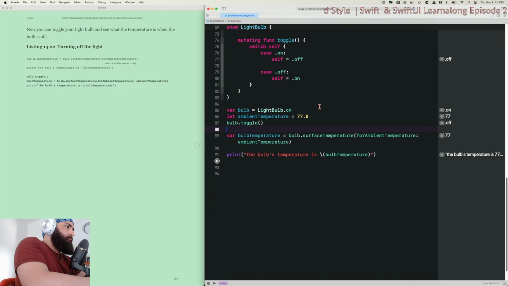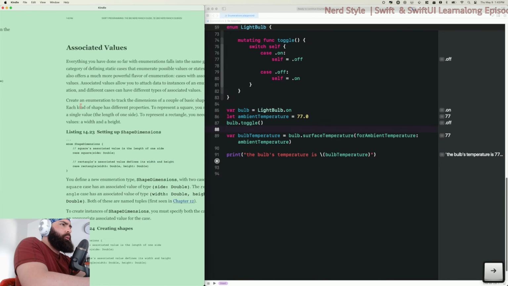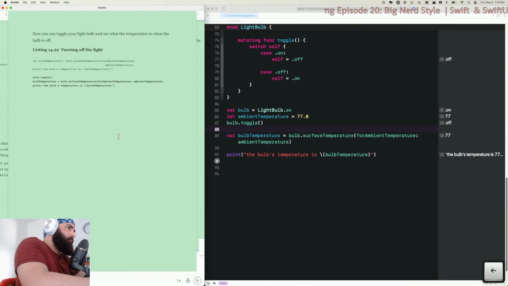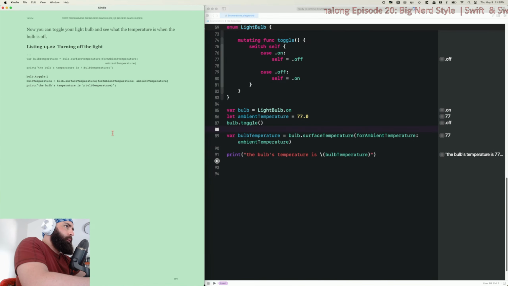Oh, duh. That's on, so it'll always be off. Okay, so now you can toggle the bulb and see what the temperature is when the bulb is off. 77. Cool. Okay. I like it. Turn off the light.